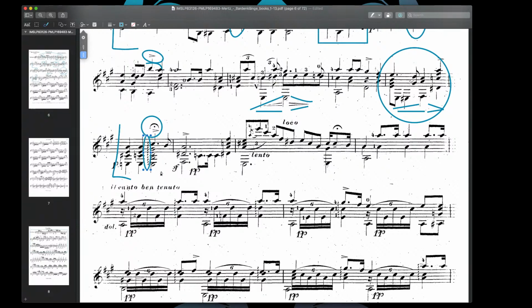So here we've got this hanging because we're right at the end of a phrase. And it's got this inevitability that it's going to collapse down to